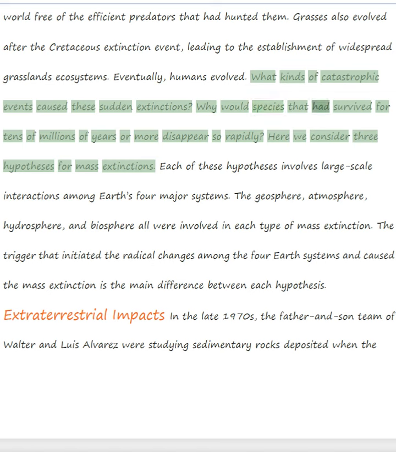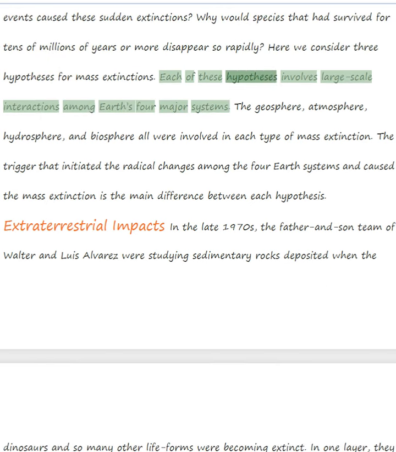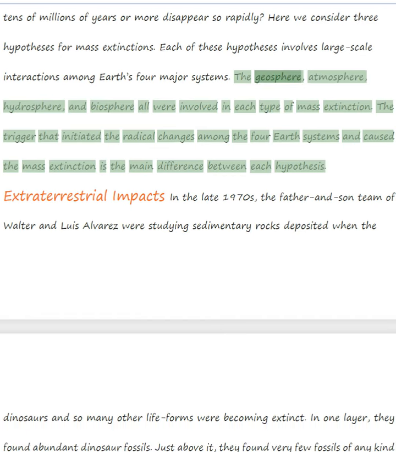Why would species that had survived for tens of millions of years or more disappear so rapidly? Here we consider 3 hypotheses for mass extinctions. Each of these hypotheses involves large-scale interactions among Earth's 4 major systems. The geosphere, atmosphere, hydrosphere, and biosphere all were involved in each type of mass extinction. The trigger that initiated the radical changes among the 4 Earth systems and caused the mass extinction is the main